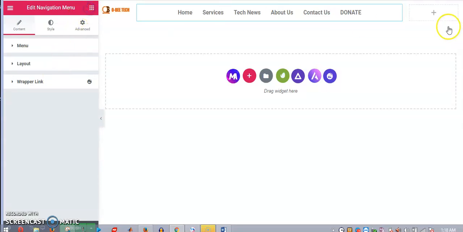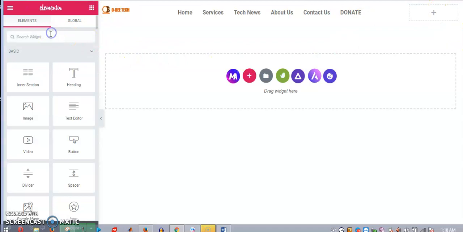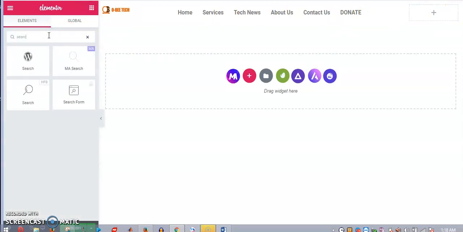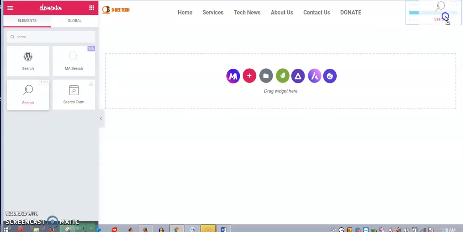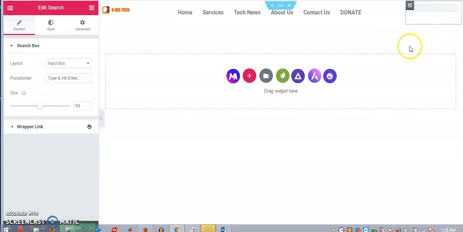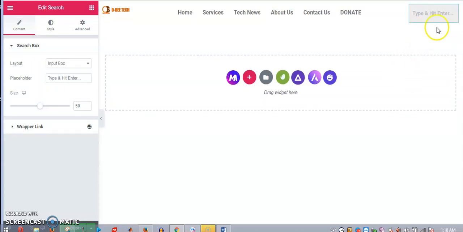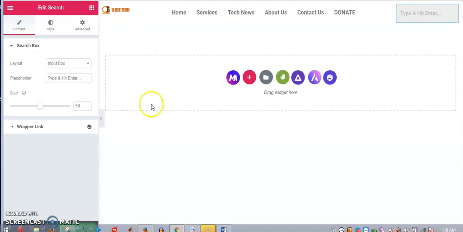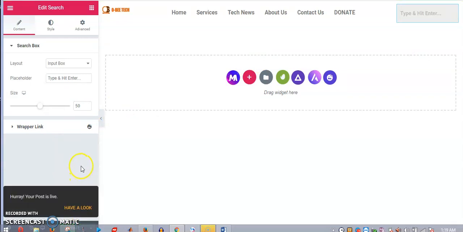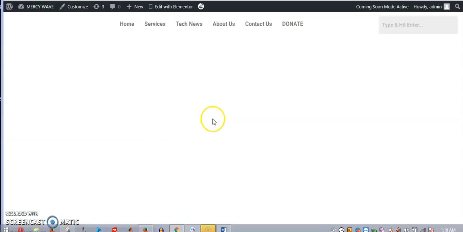So lastly, I might come here and then add a search bar. So I can say search here. I come here, drag and drop. So this automatically becomes a search word bar. So once I'm done, I just simply hit my update button. You can see there. So have a look. Let me show you what we have just done now in a jiffy. So this is what we